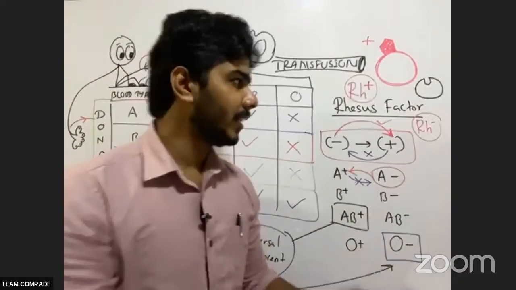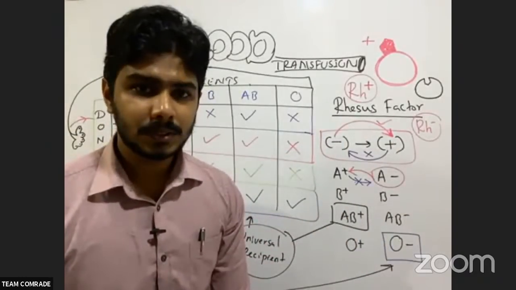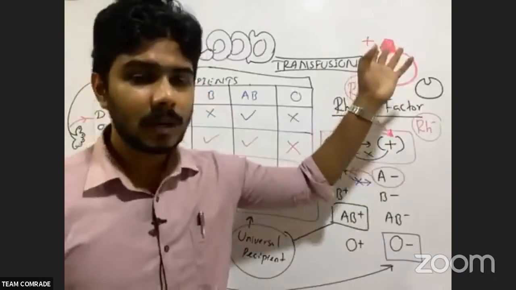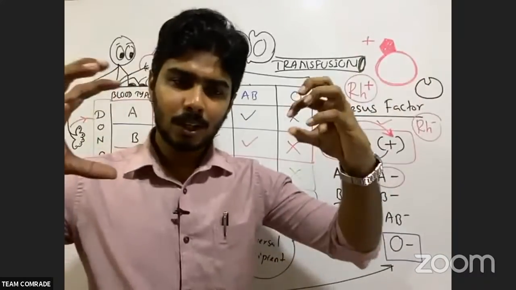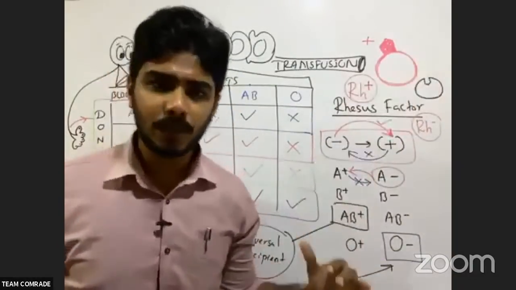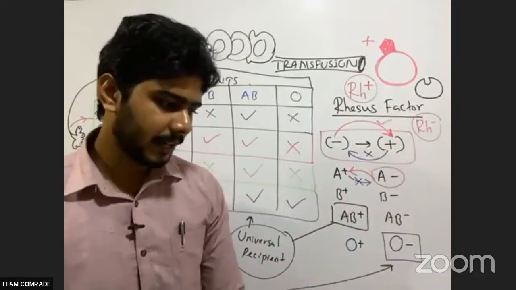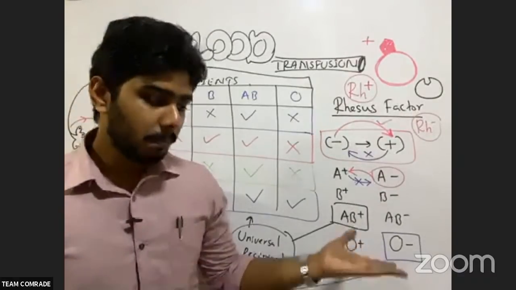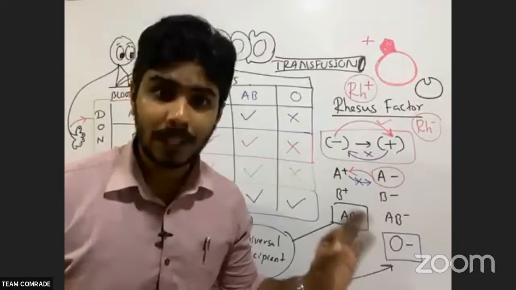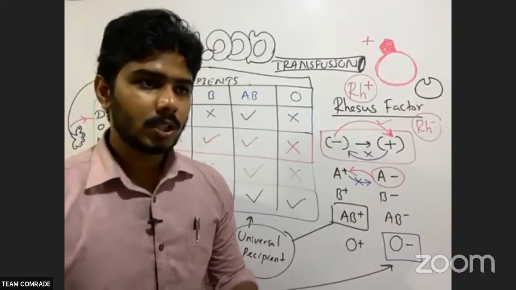So when we give the blood and these are not matching, what happens? They are going to clump. Sometimes it might cause death, because the body identifies it like an antigen or a pathogen. Earlier I told you, right? Now the plasma cells start to attack. So the entire transfused blood is going to be destroyed. That means you are going to die. So that is what happens. What is the reason? Blood agglutination is caused when the blood groups of donor and recipient are incompatible, including the rhesus factor. You have to consider the rhesus factor as well. So that is what we call it. So clumping of which blood?